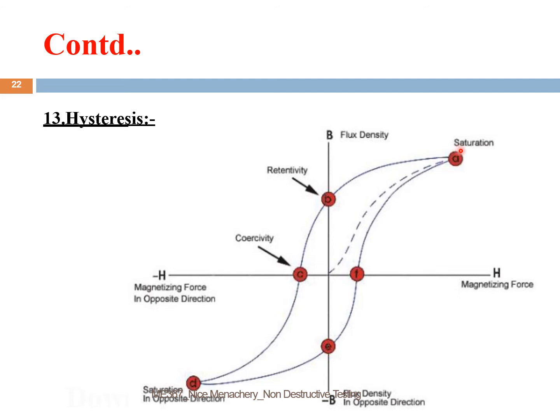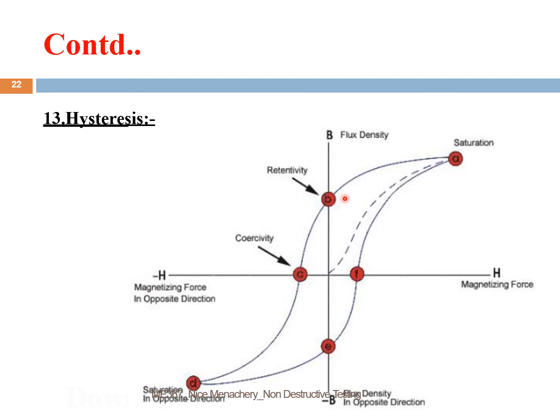So when H becomes 0, the material also gets demagnetized, right? But as per our discussion, what should have happened? The flux density should have reached a 0 value, right? But once H is reduced to 0, the flux density will not go to 0, but as you can see, it will reach a point B. So from the origin to point B, you have a certain value for flux density. This flux density is what is called the residual magnetism or retentivity of the material.